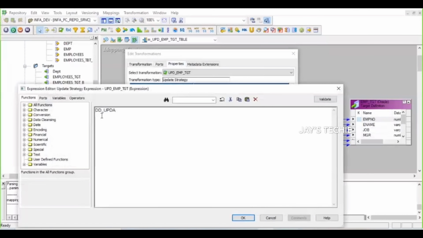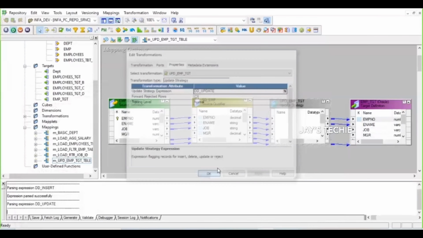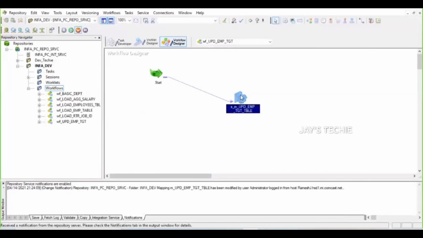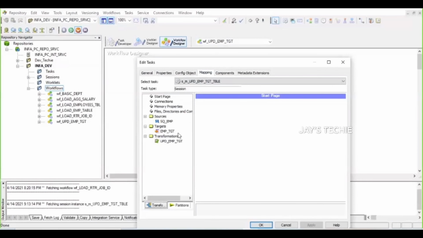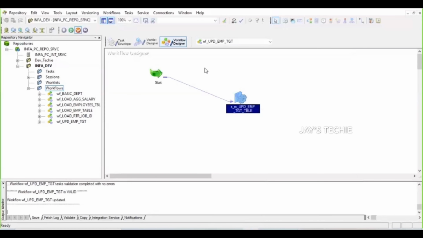Click on OK, save it, and then go to the workflow manager. We had enabled the truncate option so that it would truncate the records, but this time I don't want to truncate the data. So let us go to the target table and remove this truncate target table option. Currently it is insert. Let's remove this insert and make it update. Currently we are only going to update the record, so I am clicking on this one and saving it. So this time it is not going to truncate the 17 records. Instead, it is going to update the record. You can see that now.